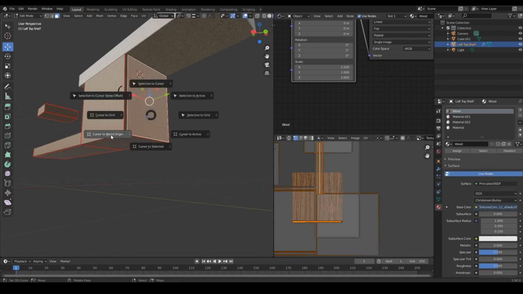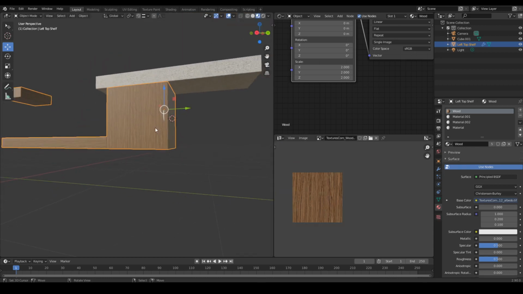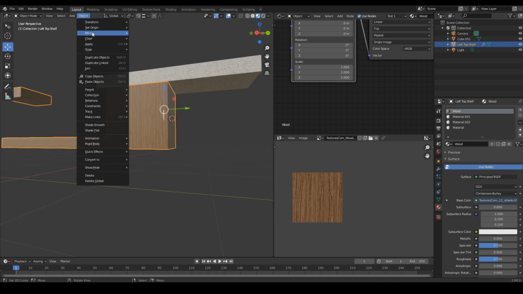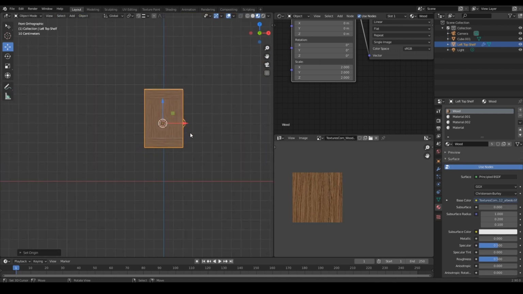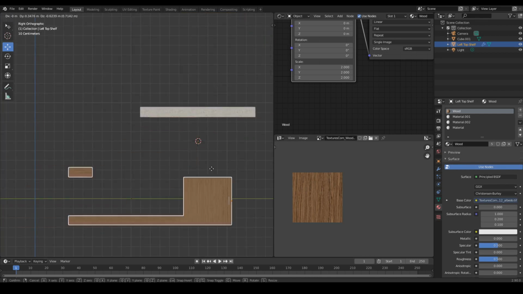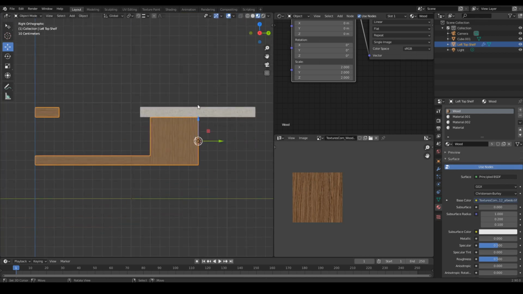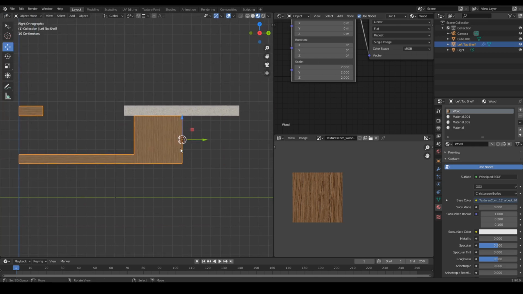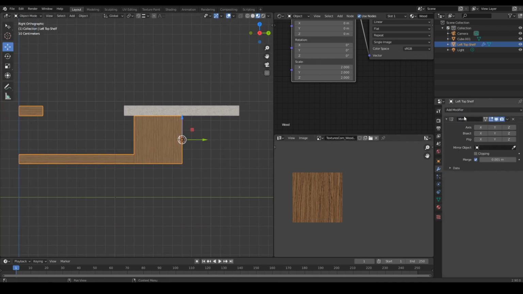Shift S, cursor to selected, then press W or object context, so set origin to 3D cursor. So this is all just one mesh now. We want the cursor to be in the middle, the origin to be in the middle, and then